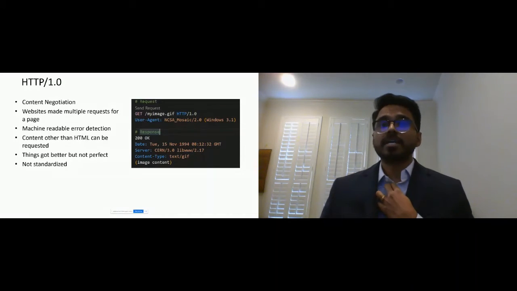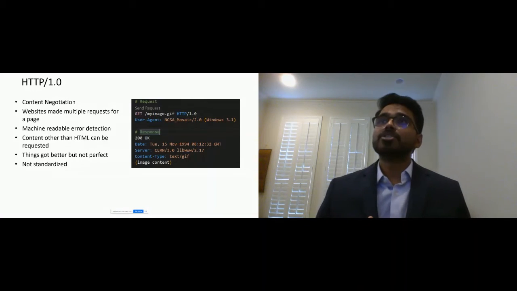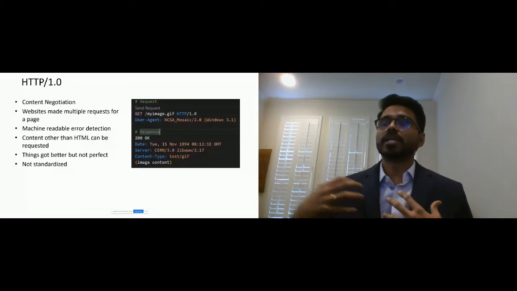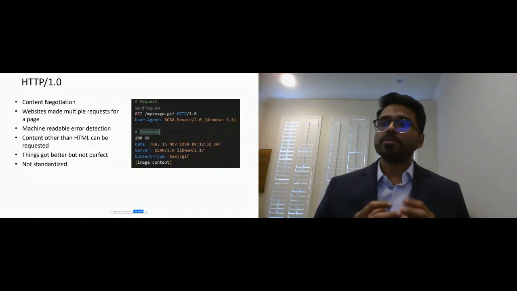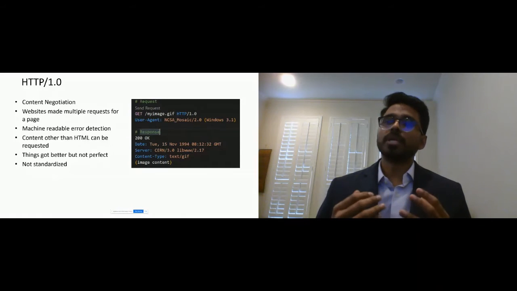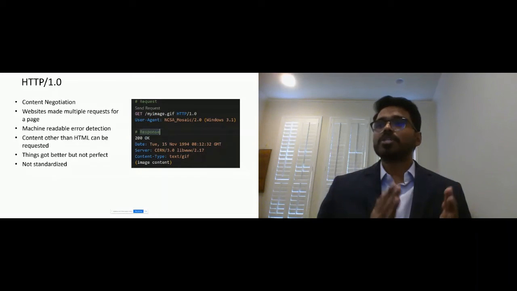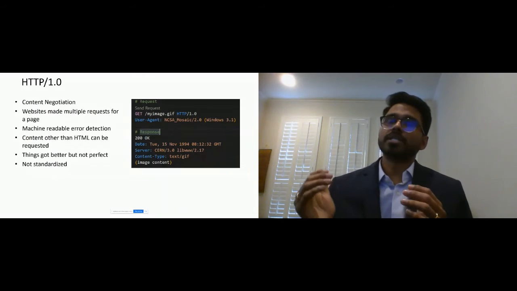The request that you see is actually requesting a GIF image. And there were some headers that were introduced. And in the response, we were able to get different types of responses. And also, because multiple requests were made, we were able to open and close connections on each request. Status code and reasons is how machines were able to detect whether the response is a successful one or a failure one,